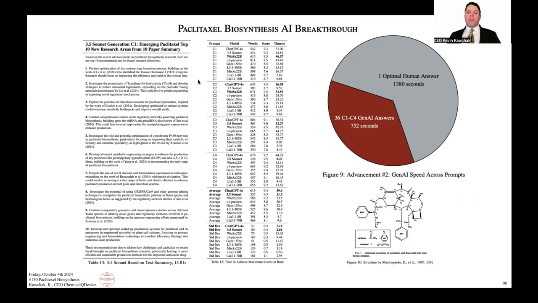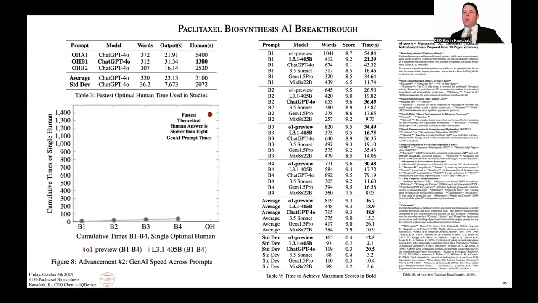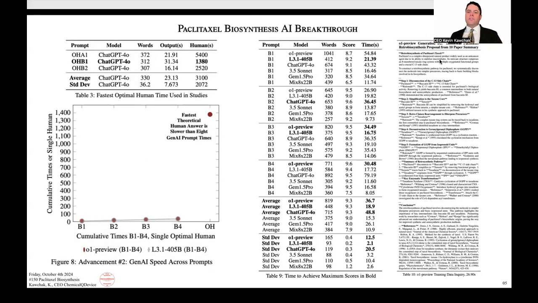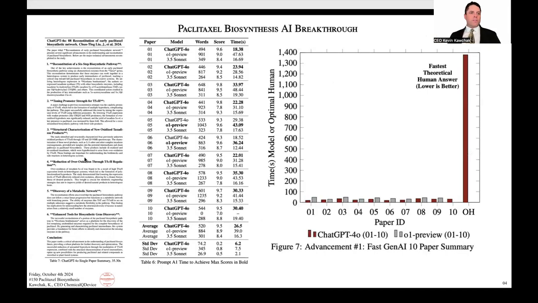Let's just say that. Okay, so this has been episode 150 for paclitaxel biosynthesis. The takeaway here is that the quality has matched the speed, in my opinion, and we see this across all of these different answers, like this level of detail from the generation from O1 Preview. You can see this in the manuscript too. I included all the major generations, and even going back to the original,